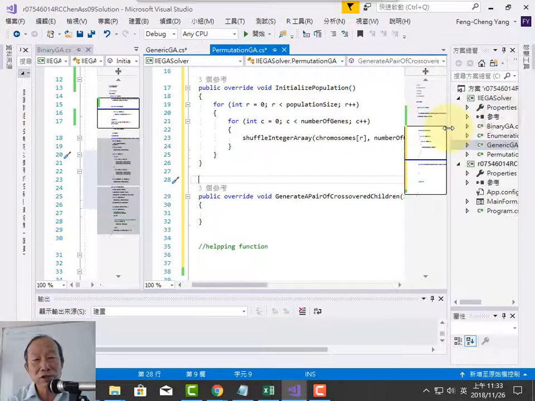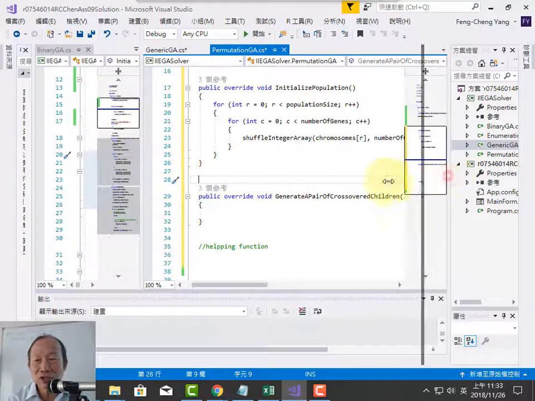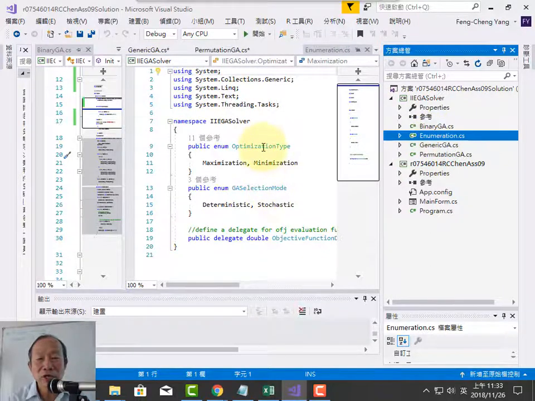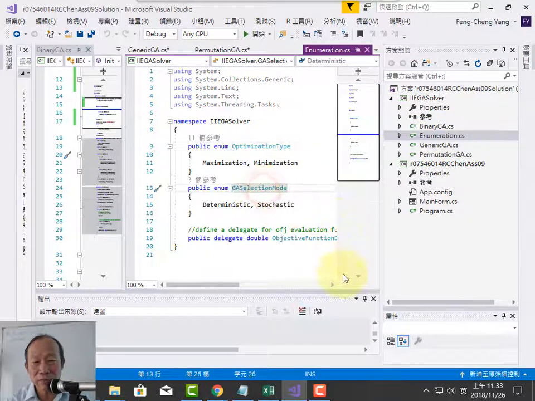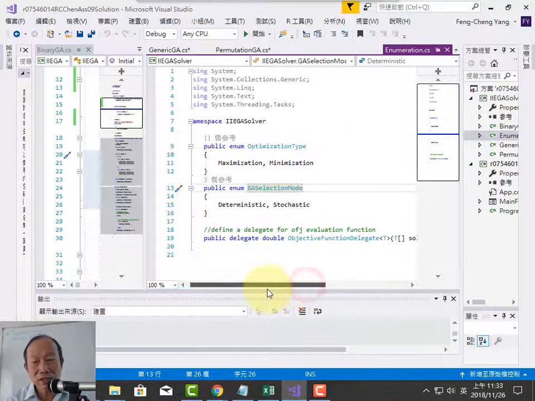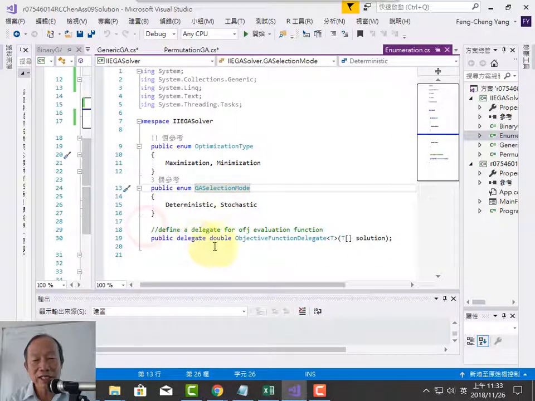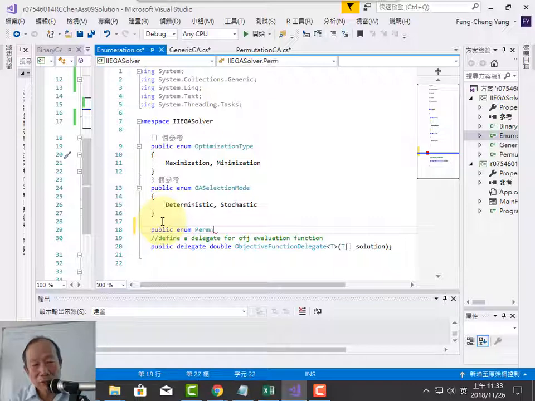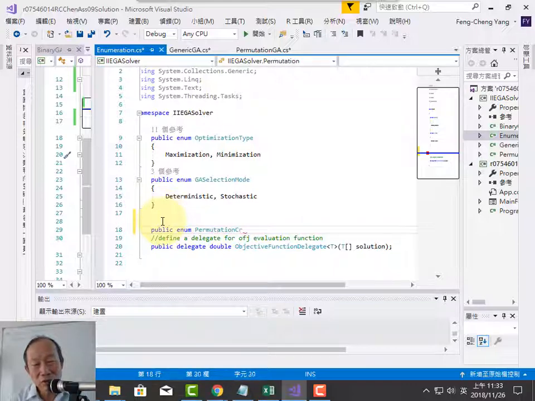I'm not going to cover everything, all right? For mutation too, you need to design the enumeration of mutation. So let us go back to the enumeration file. We put all the enumerations right here. Previously we have automation type, GA type, and a delegate, right? It's a temporary function. It's beautiful. We can say it's a high-level object-oriented technique. So we could declare another one, public, new. We call it permutation crossover